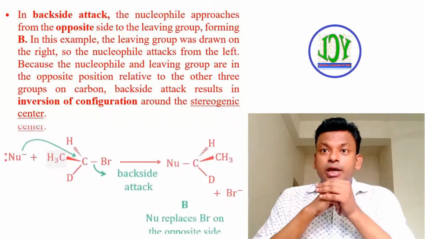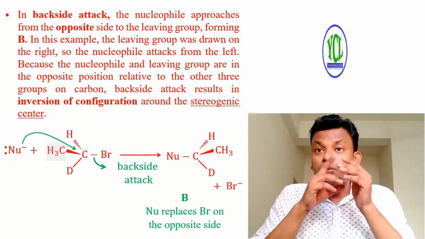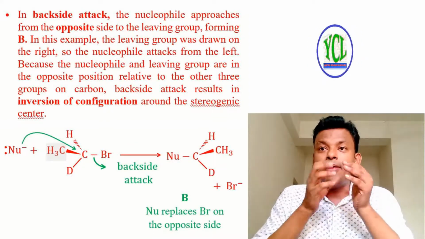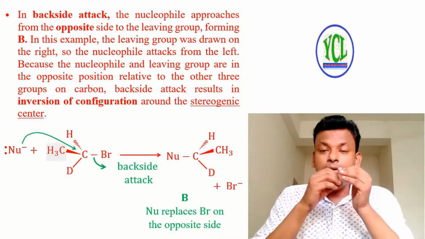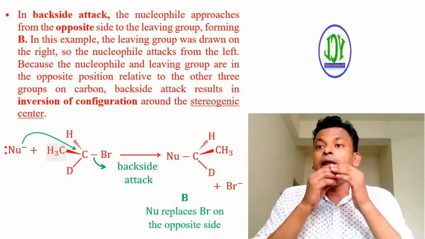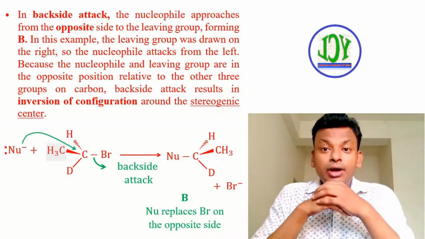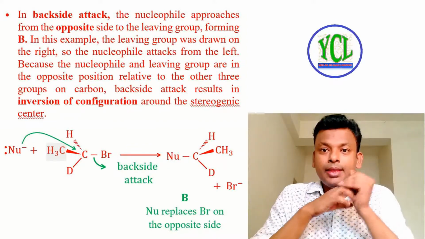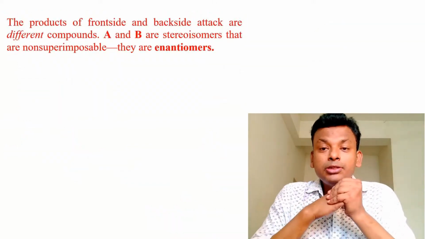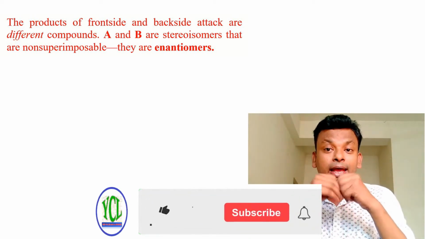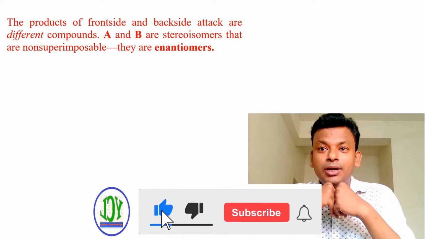Here we see the nucleophile attack the carbon atom from the backside and the leaving group leaves, and the nucleophile replaces it on the opposite side, so an inversion product is formed. The products of front side and back side attack are different compounds. A and B are stereoisomers that are